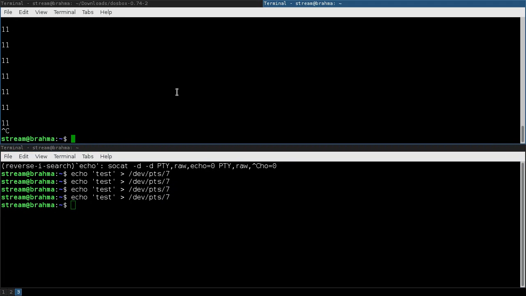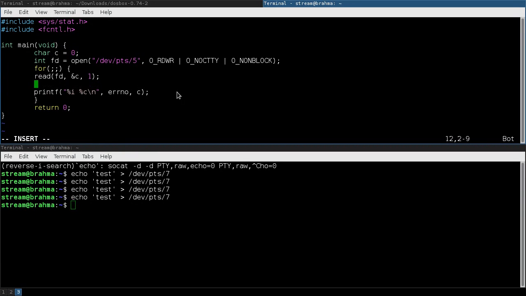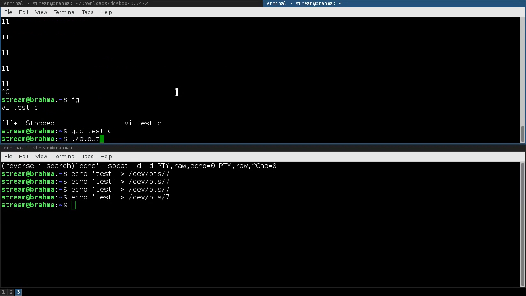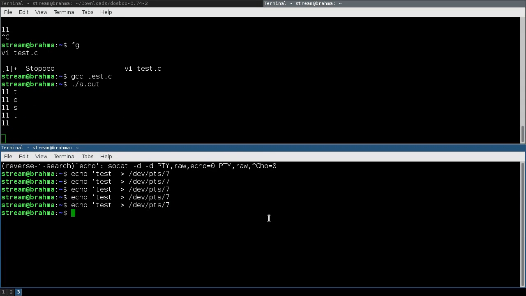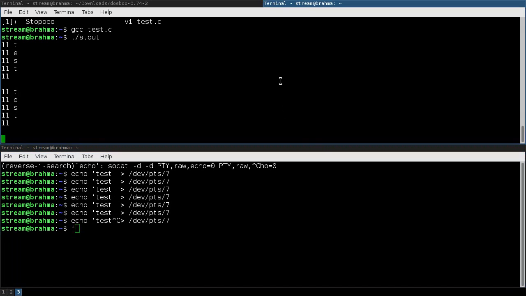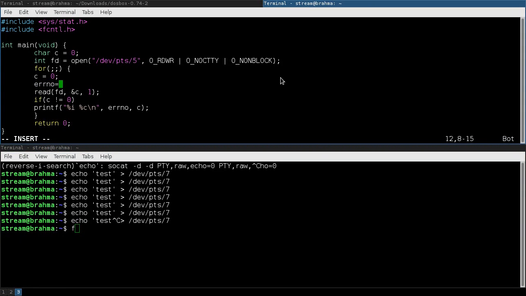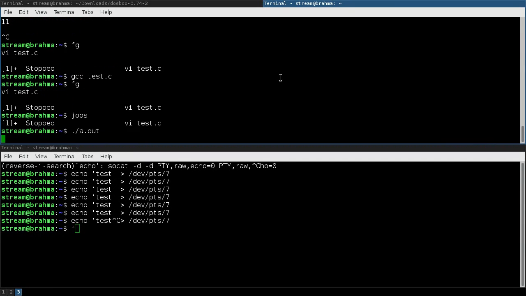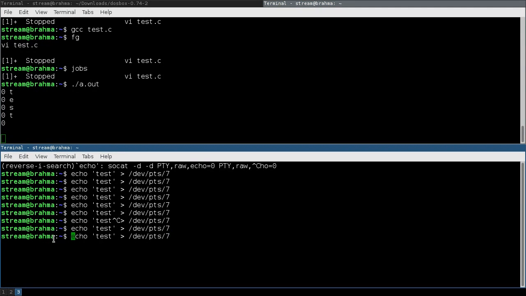What is happening there? Let's just set C equals 0. If C doesn't equal 0, then we'll print it. How's that going to go? Test. Okay. I should actually be setting errno to 0 first. Oh, this code's horrible. Okay, so what happens if we